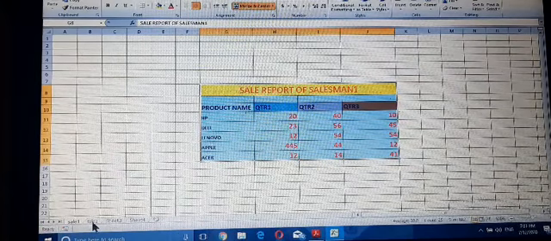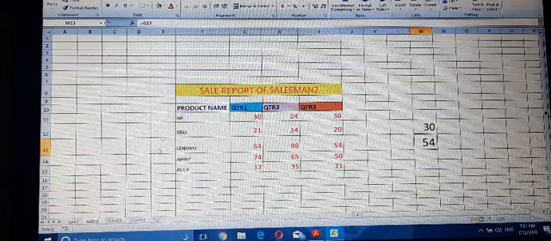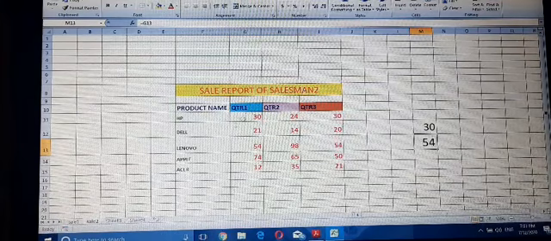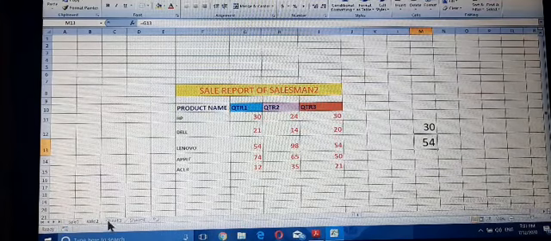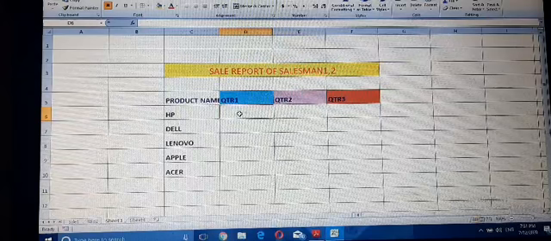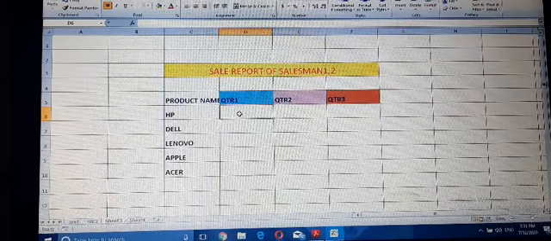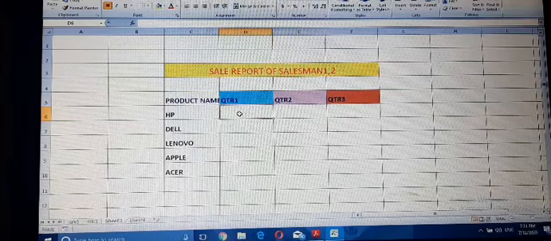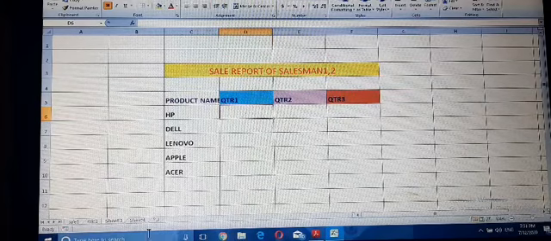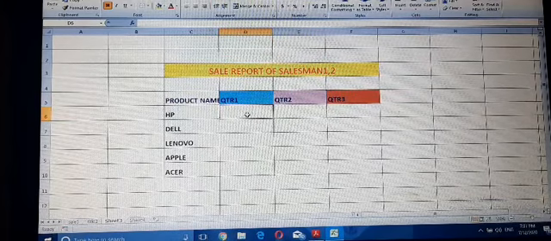In the second sheet, this is the sales report of salesman 2, and I want to sum the sales report of quarter 1 of both the salesmen here in sheet number 3.